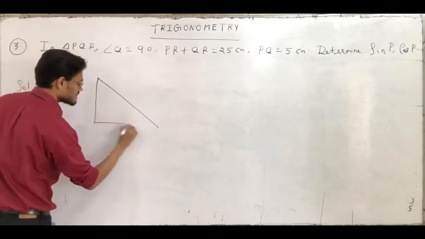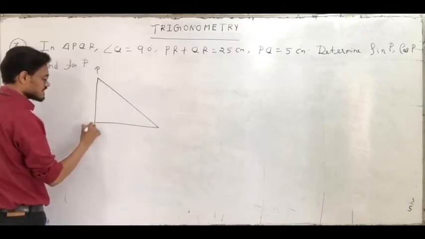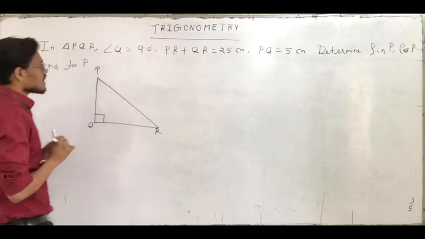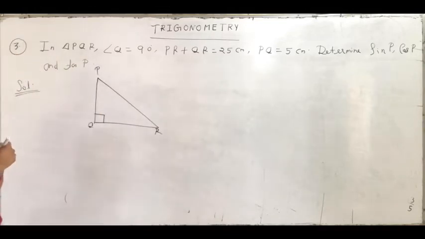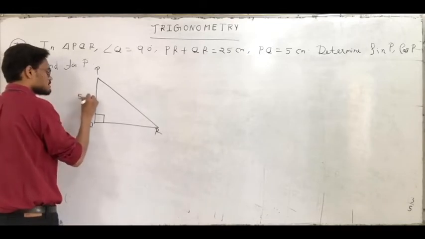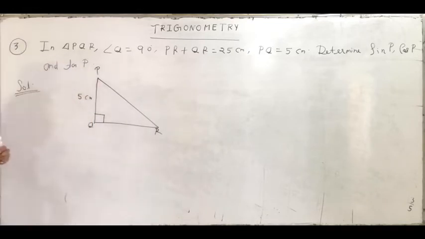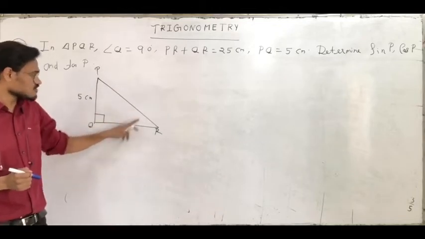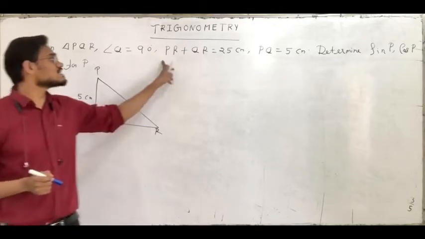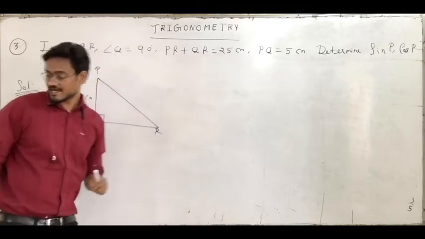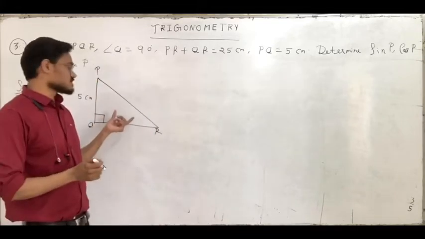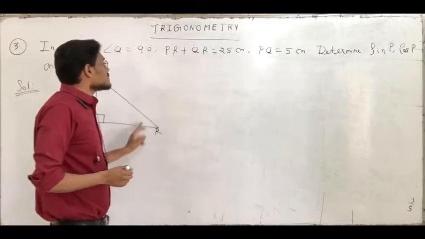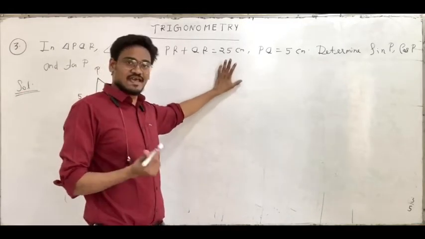So this is my right triangle in which I have taken angle Q as 90 degrees. Clear? Now PQ is 5 centimeter. Instead of giving one side out of these two, I have given the relation between these two. उसने डायरेक्टली आपको ये साइड तो नहीं दी, क्योंकि ये साइड देगा तो हम पाइथागोरस थ्योरम से थर्ड निकाल देते। उसने इन दोनों को रिलेट करके दे दिया PR प्लस QR। ऐसे क्वेश्चन भी बन सकते हैं।